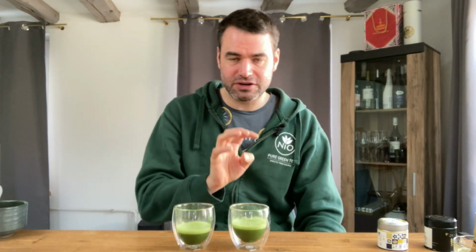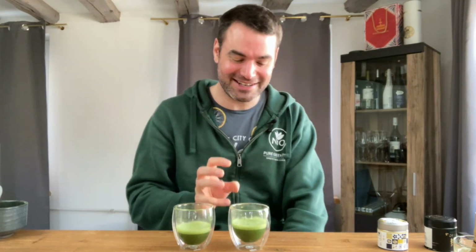It's much finer. Yeah, it's much more mellow in the beginning. So there's this typical kind of pushy green, which really surprises me, because normally with the Okumidori I come back to this much because it fascinates me. So with the Okumidori, I really get this typical round, sweet, decent, but the Asatsuyu really seems to trigger a little bit more